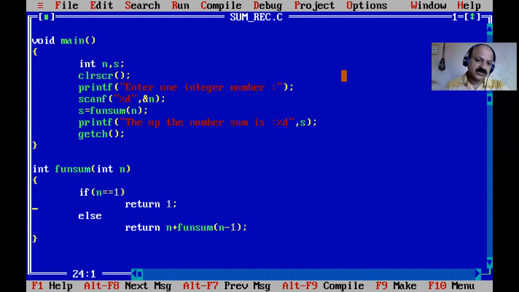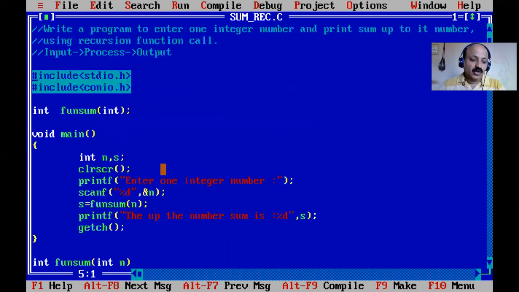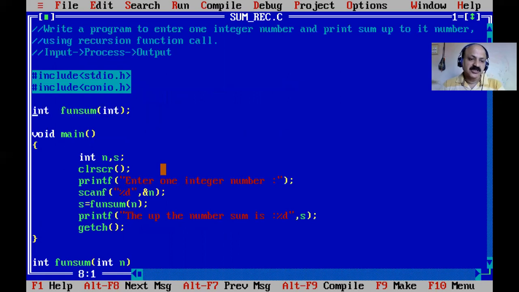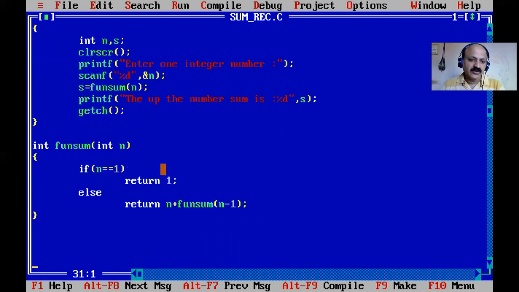So all are reversed. Here we can take 5: 5, 4, 3, 2, 1 go in, and they come out as 1, 2, 3, 4, 5 in reverse order, and all are summed and then assigned to our handler. That is recursion function calling, and here we use an argument and a return data type, that is, a function type. So this is more use of a user defined function.